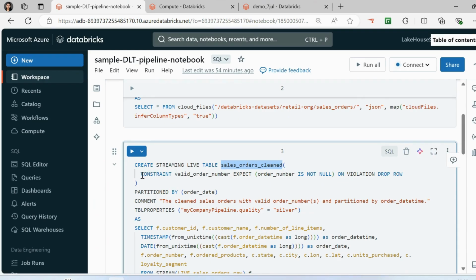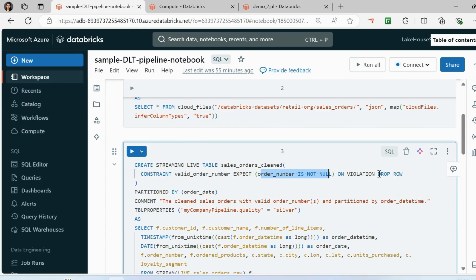And I'm providing some constraint. What is that constraint? We don't want any order number which is null. I want to drop any order number which is null from my dataset. So that is my expectation from my streaming table called sales order cleaned. In SQL, you put your constraint, valid order number, and you write expect order number is not null.